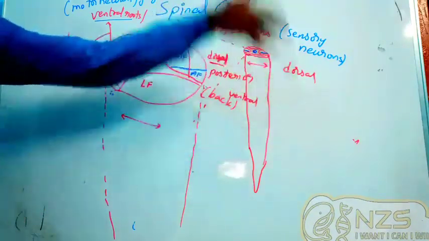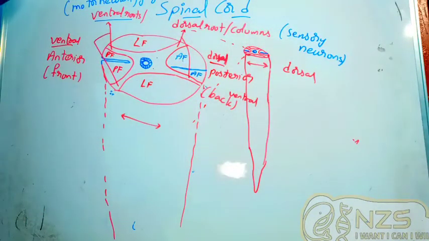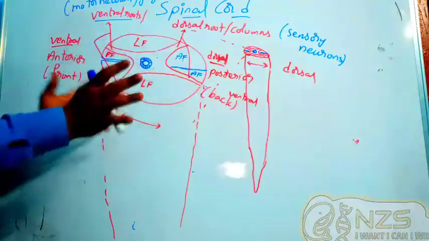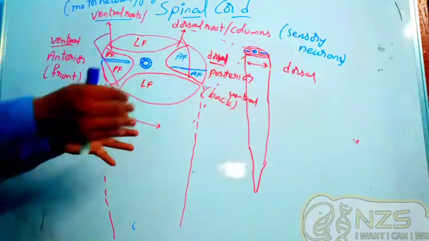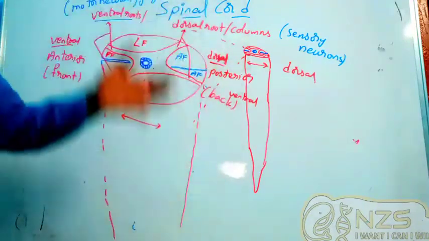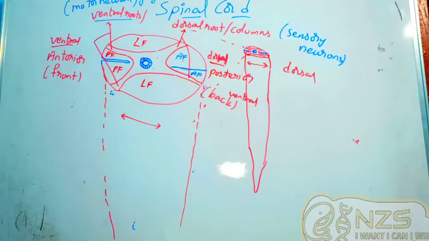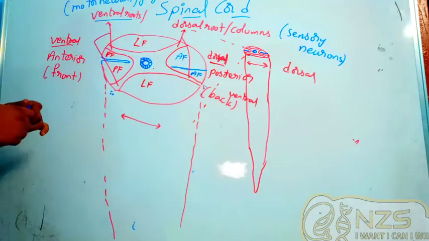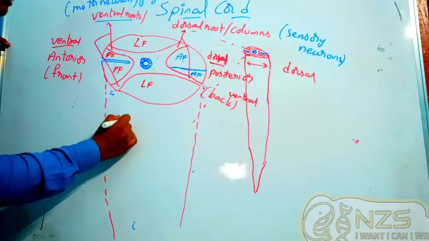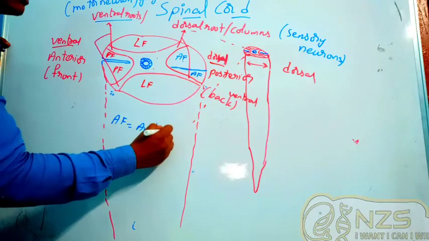Don't think of the ganglions present outside the CNS. That's different. That comes under PNS. People generally say here we have nerves and those nerves are forming this part. No, this is actually the white matter which will relay from the top to bottom, to the brain or to the body part. So you should know that white matter also has some parts. Now white matter, because of this gray matter and these fissures, has been divided into 3 parts. So I'll write here. AF means what? Anterior funiculus.